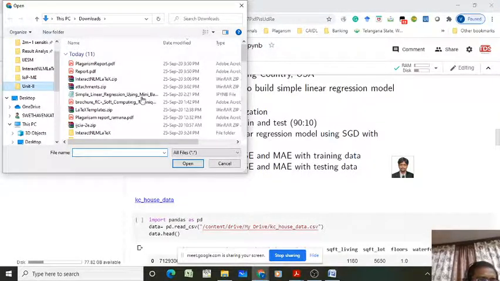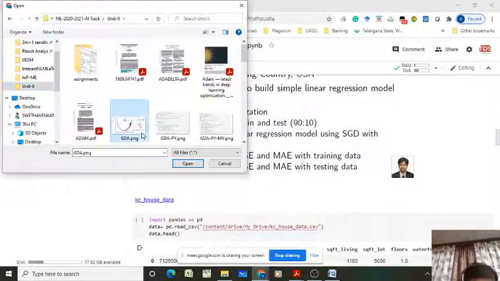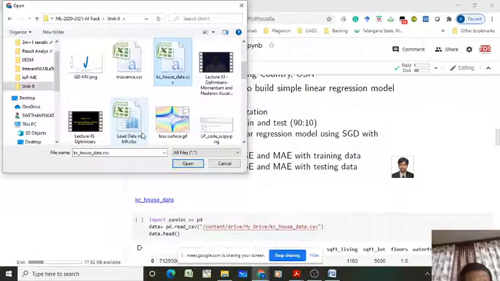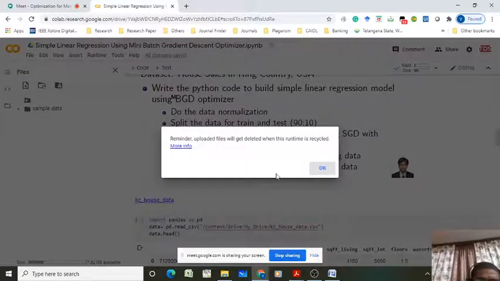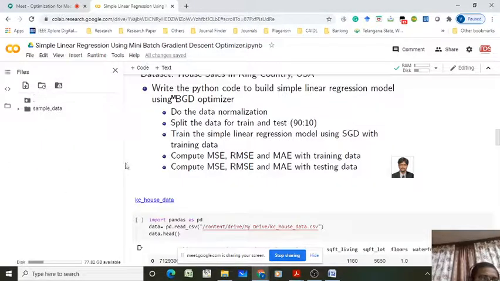Housing price data, the KC housing price data, where is it, yeah, this one. Now take that data into the runtime environment. I want to suggest one thing here, just a minute, it's loading. Because it's somewhat large data, it may take a few minutes, I think.